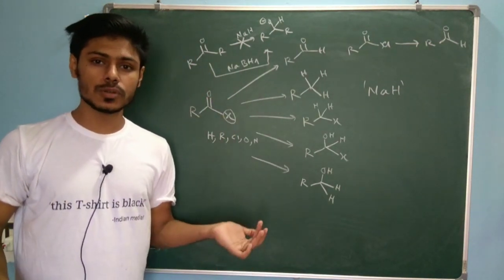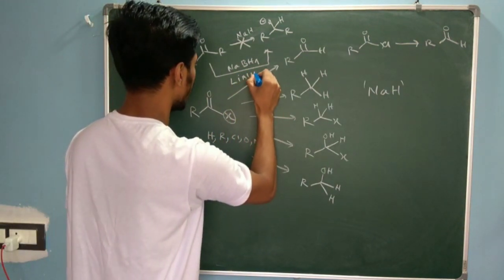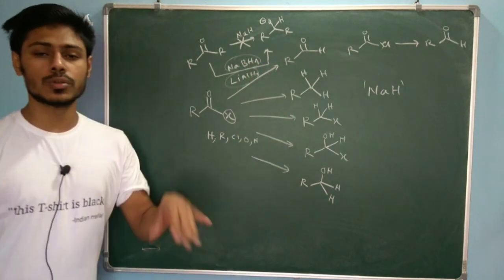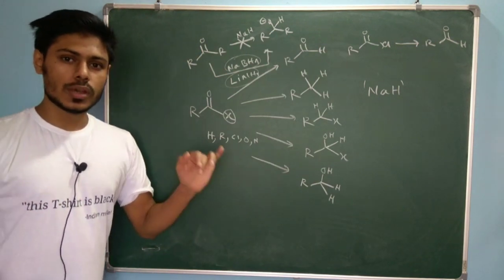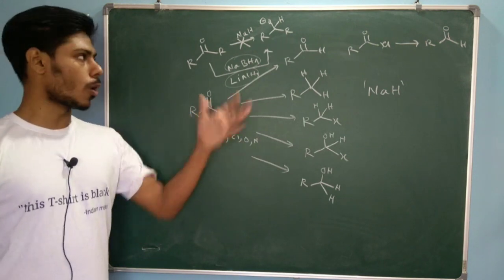But this reaction can happen when you add other types of hydrides, for example sodium borohydride, right? So simple sodium hydride cannot do the job, but sodium borohydride can do the job. So what is the difference between these two? Or you can use lithium aluminium hydride. So what is the specialty of these reagents like sodium borohydride or lithium aluminium hydride, which is lacking in the simple sodium hydride?